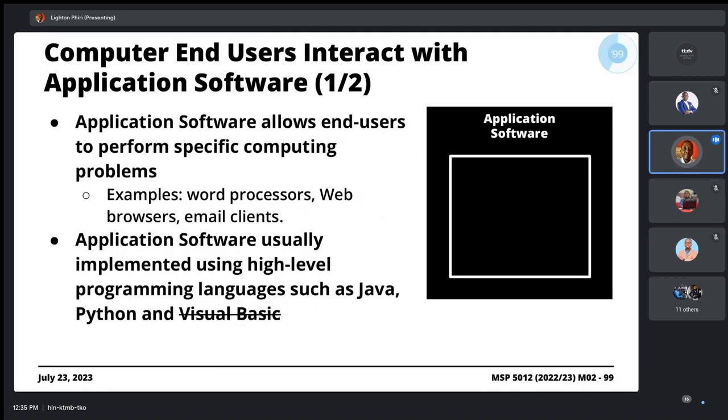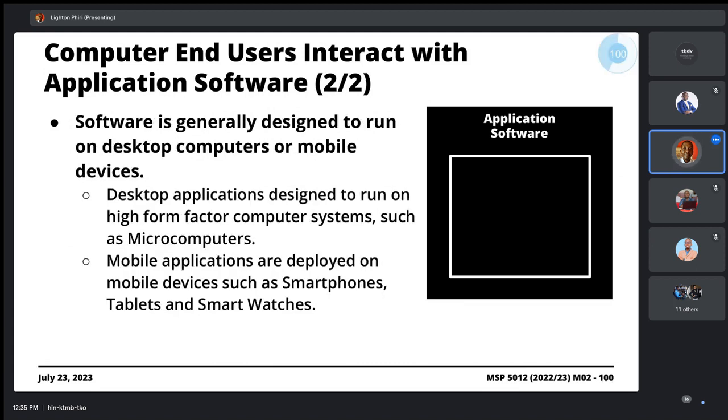So that's that application software. We're saying it's generally implemented using a high-level programming language. Another point to note is that most of these application software will be designed to run on specific types of computer systems. So this will be desktop computers, mobile devices like our smartphones, for instance, and in some instances, even server computer systems. So those things that you're seeing as icons, like your TikTok, if you use TikTok, or your Facebook app on your phone, all of those are application software, but specific subcategories of application software.